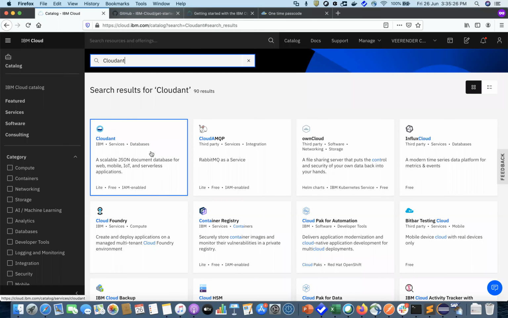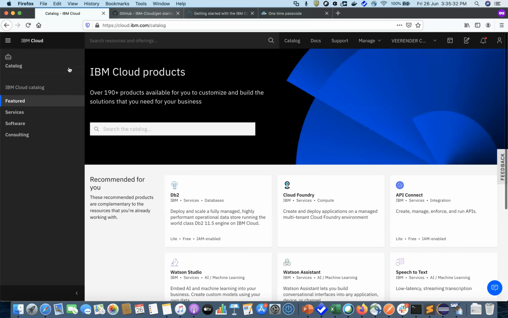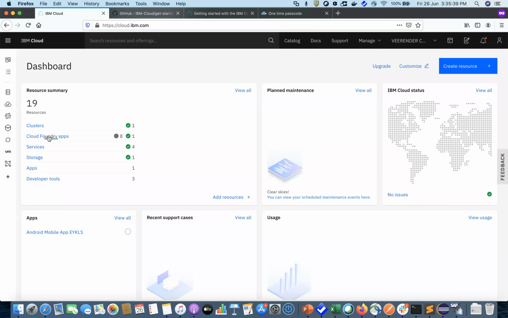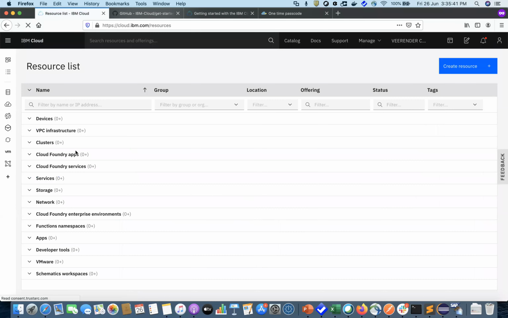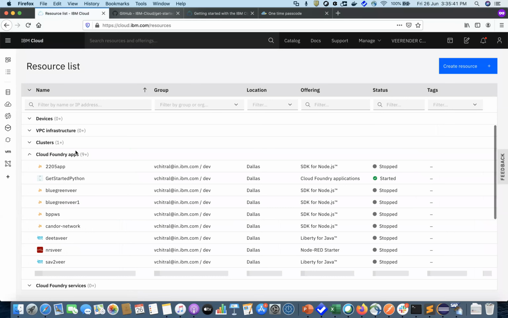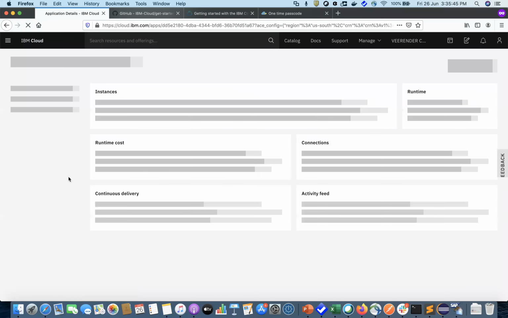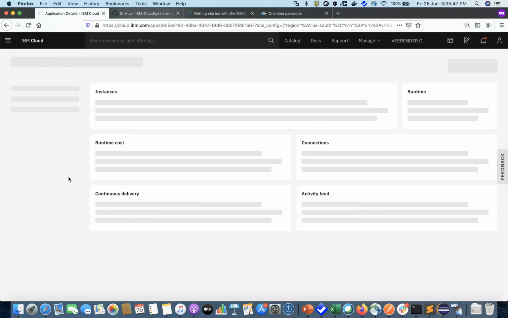But since I already have an IBM Cloud service in my account, I'll be reusing the same service. When you guys launch this and try to create a connection, let it load.